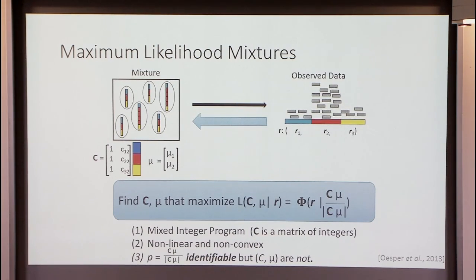So in order to figure out what the mixture might be, the easy way of seeing that is this: here I had one copy of each of the intervals. I could multiply the whole matrix by some scalar and get the same value p, and I wouldn't see anything different in terms of my data. So we need to use some external source. We need to make some assumption. We might assume that the cancer genome is diploid, copy 2 at most along the genome, and that would allow us to get around this identifiability issue. But it's a separate assumption we have to make.